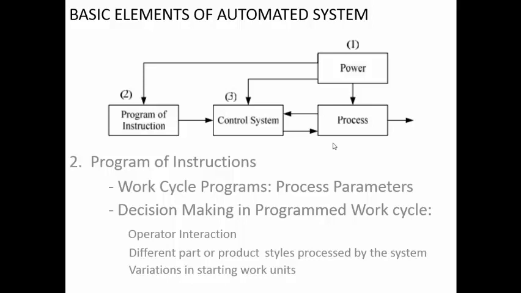So basically it will contain the various process parameters. If you take the example of the CNC, the process parameters will be the speed, feed, depth of cut, and the coordinates for the movement of the tool or how much the tool has to move along the various axes. If you take the example of the heat treatment, it will be about the temperature that has to be maintained inside the furnace, at what rate the temperature has to increase, whether the temperature has to rise by 150 degrees per hour or 50 degrees per hour or 1000 degrees per hour. So accordingly the fuel or power will be consumed if it is electrical one, and more heat if temperature is increased. If you want slow heating, then accordingly the power consumption will be different.